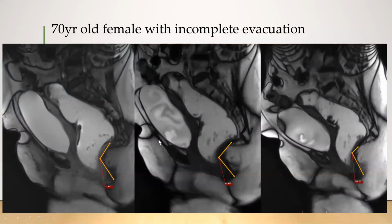The next patient is a 70-year-old female patient who had symptoms of incomplete evacuation. In these patients, you're primarily looking at the angles. So you have the anorectal angle. The first image is at rest, and the anorectal angle is in the normal range. As we go on to the squeeze phase, the anorectal angle becomes obtuse, again showing the puborectalis sling indenting the lumen. And please notice that on the so-called strain phase, although the patient has tried to strain,